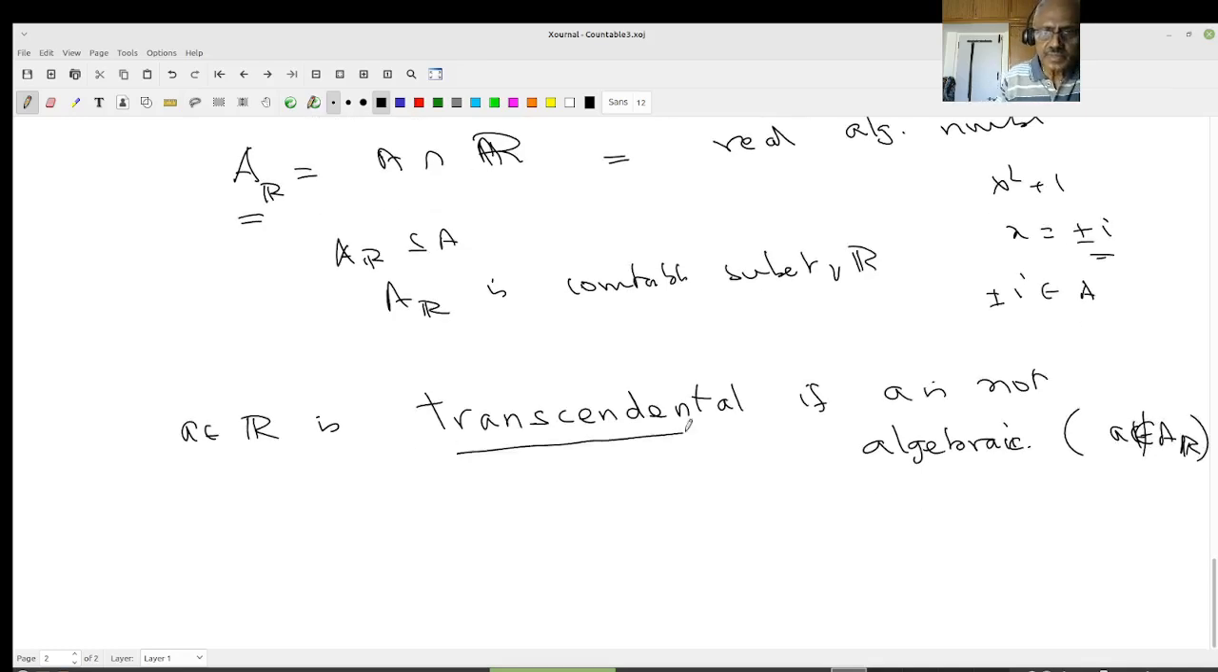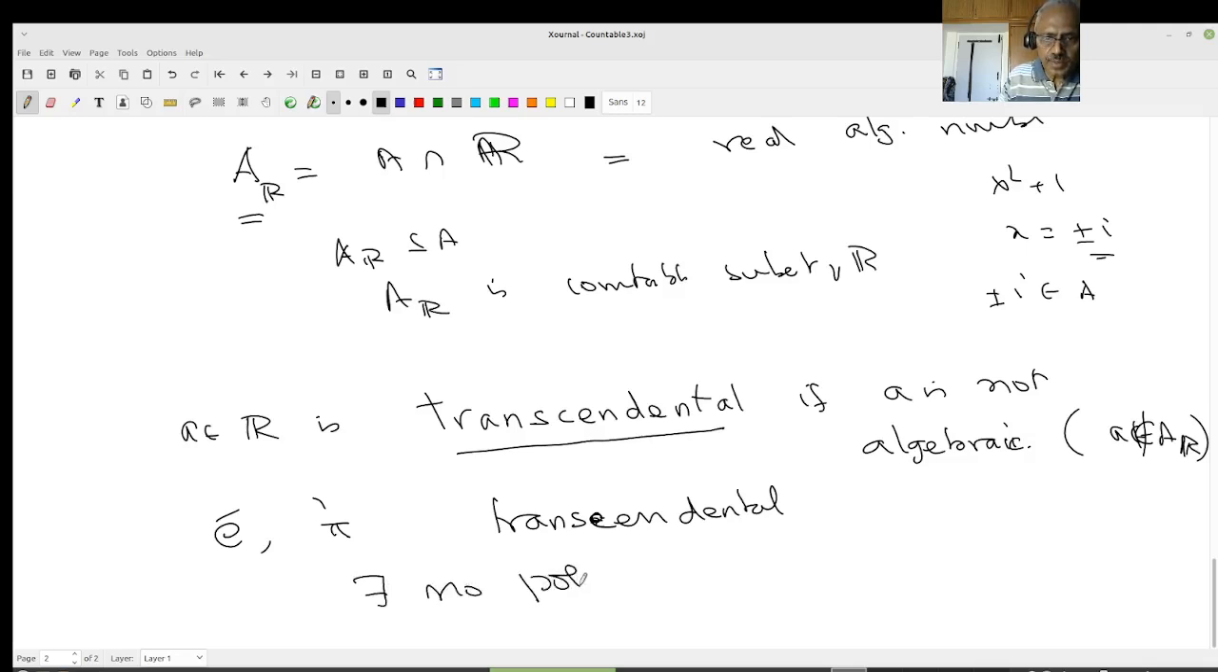Is that quite clear? For example, most of you, your teacher might have already told you, look at e or pi, our two important numbers in real analysis. These are transcendental. What does that mean? There exists no polynomial with integer coefficients